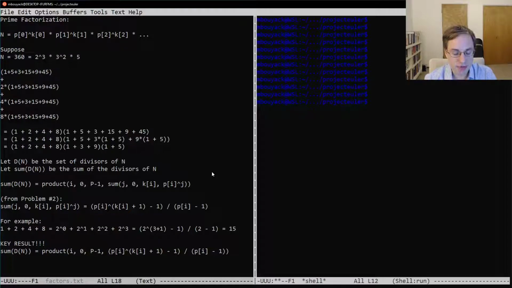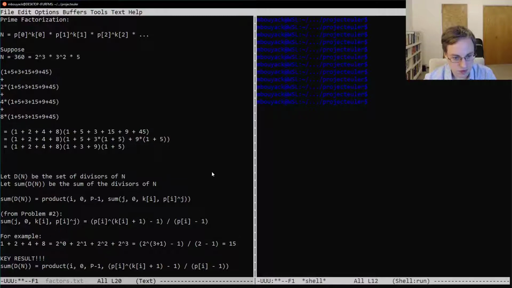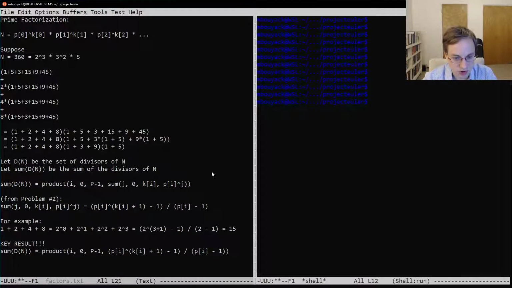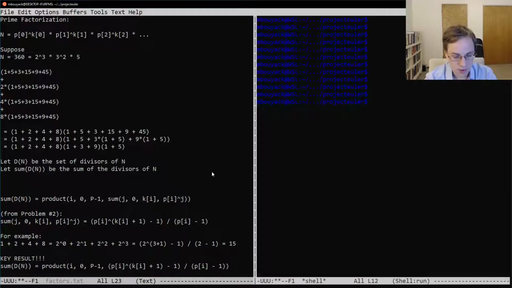And so that number is just going to be equal to the number of terms in this sum here, multiplied by the number of terms in this sum here, multiplied by the number of terms in this sum here. So let me just add in here a note. Actually, let's put this after our definition here, because then we can say note that the size of d of n, remember d of n is the set of our divisors,